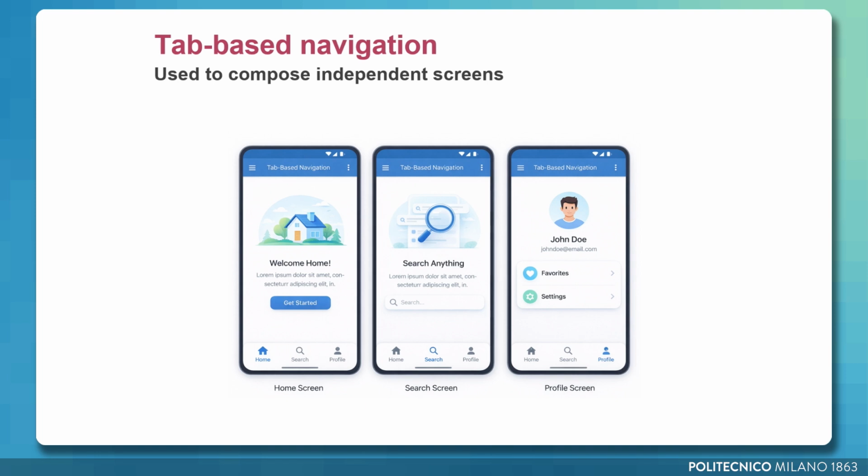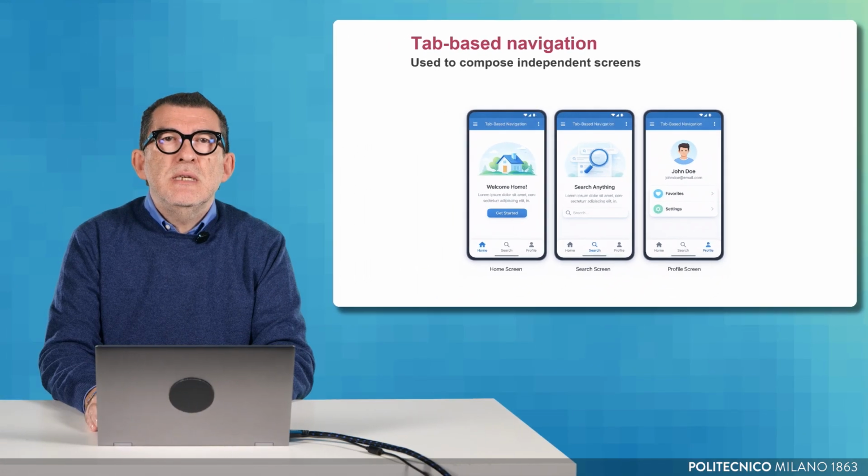As mentioned earlier, navigation patterns can be combined. For example, the tabs can represent the main entry points, and behind the scenes, each tab can manage its own stack of screens. In this case, the goal is not to create a complex sequential flow. Instead, we want to organize and group several mostly independent activities that users can access directly.